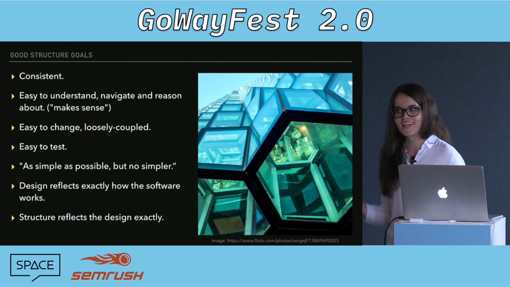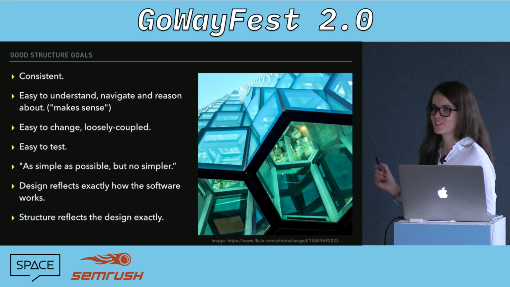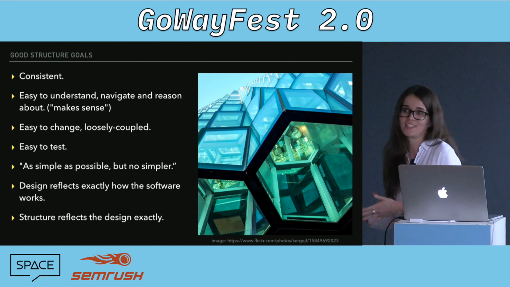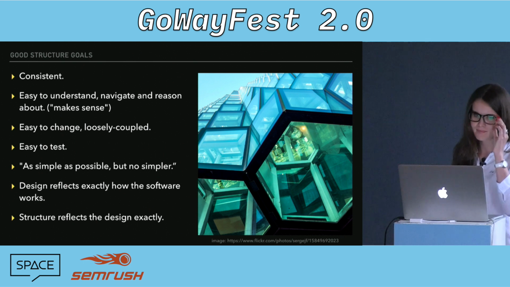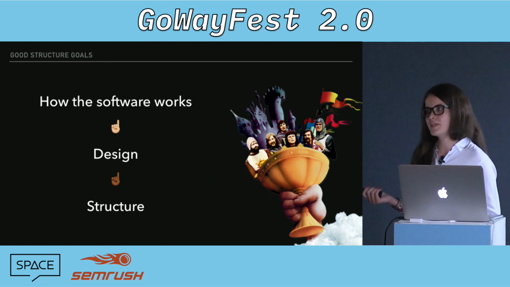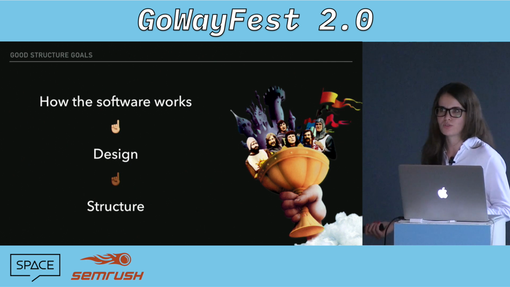And you might think, that's obvious, but how many times have you come into a project where the structure suggests that it works in one way, but actually it turns out that it does something completely different, and it seems like at some point the structure just stopped following how the program is designed to work. And I really want to make this point because it's ultimately the holy grail of good code structure.